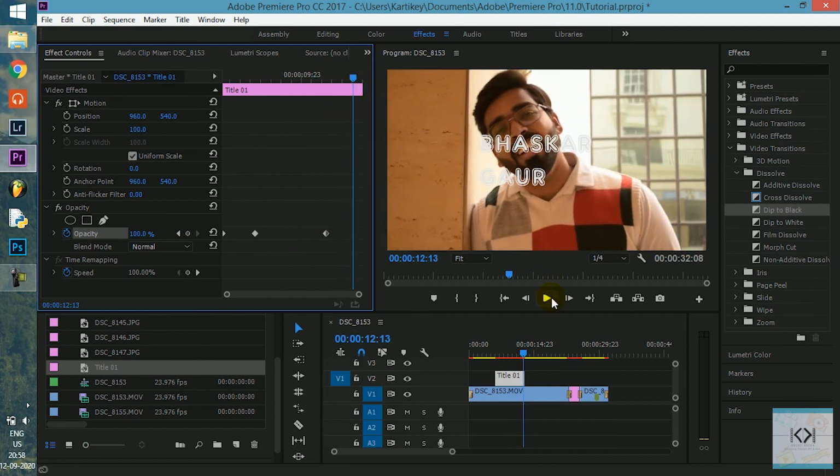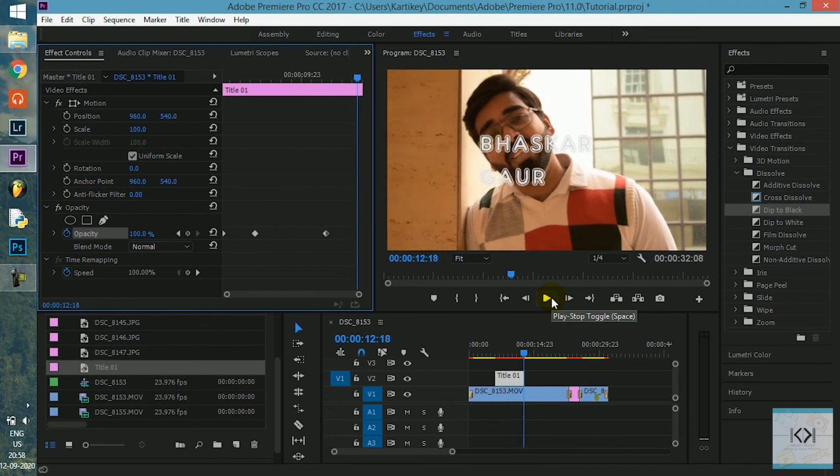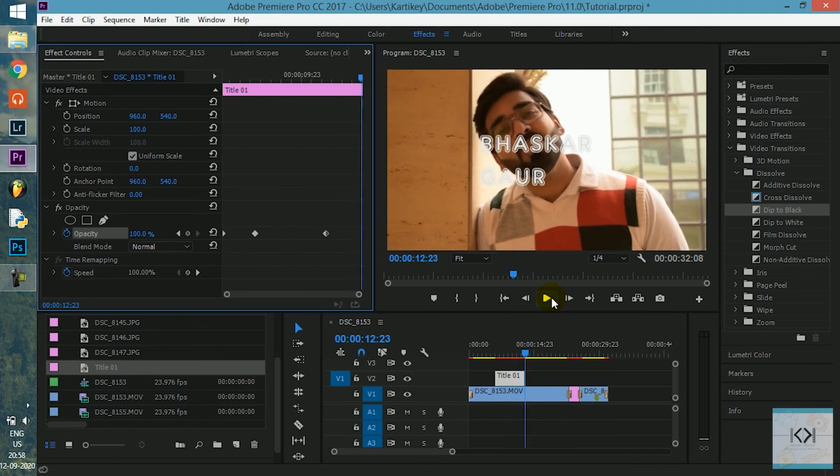And what I will now need to do is play with my left and right arrow keys and go to the end of the text where it goes off abruptly. Now I know that this is the last position of the text. I will add another keyframe, and as you might have guessed by now, I will put it to 0.